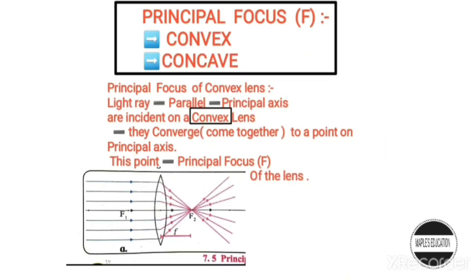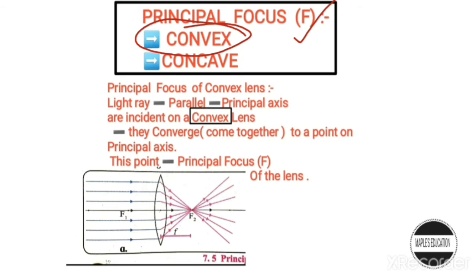Now, moving to the next part, we can see the topic of principal focus. We will see principal focus for both the lenses. First, we'll study it for the convex lens, and next we'll study it for the concave lens. I'll explain what we exactly mean by the term principal focus. But you have to remember, we have already discussed this, that the principal focus is denoted by a capital F and not a small f. So let us proceed.